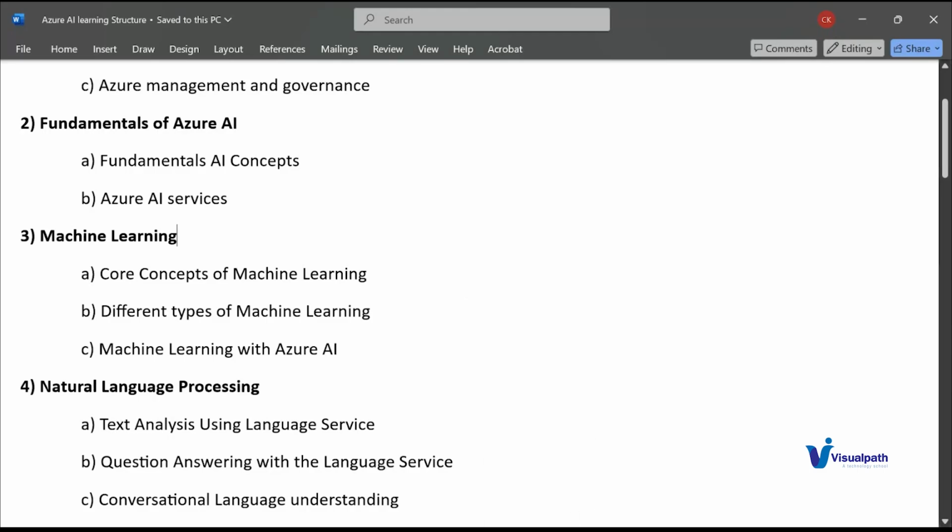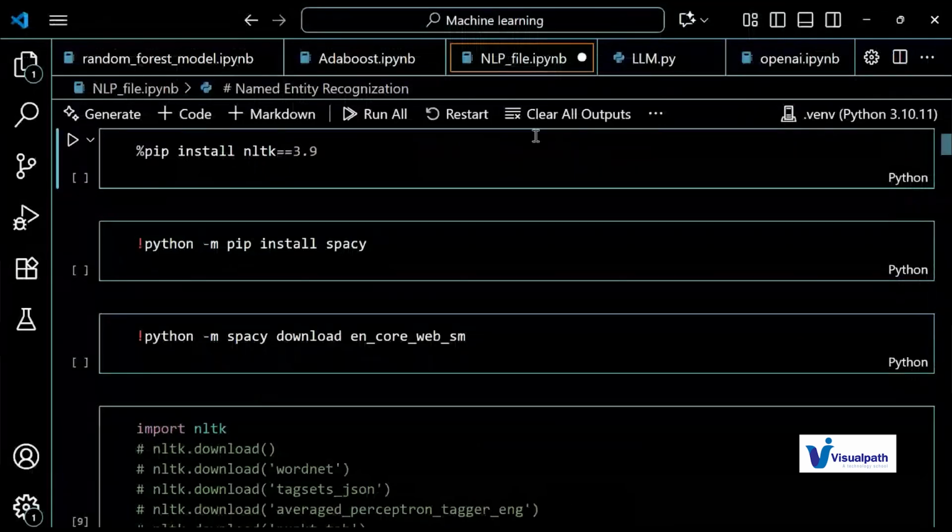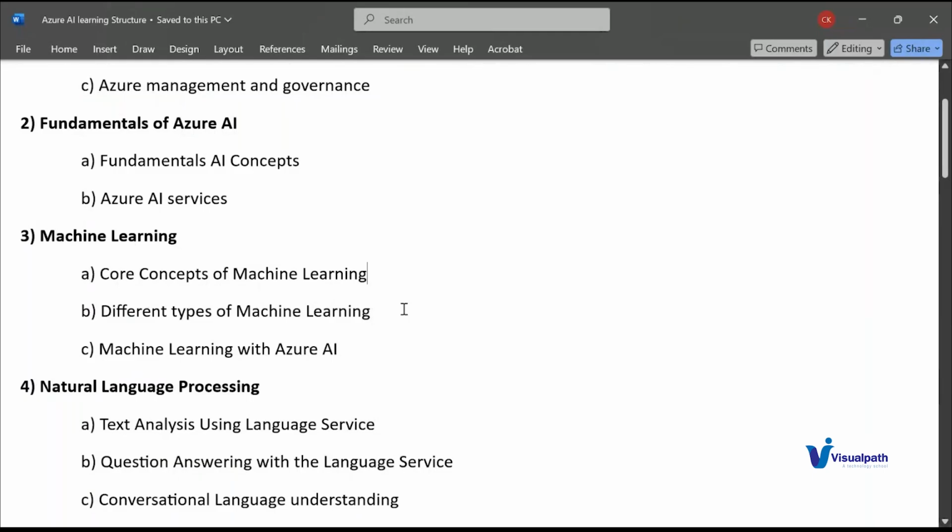From the local systems, we basically use VS Code. Using VS Code, we'll learn how to train any machine learning model, how to test it, and how to check the accuracy. Everything we'll get to know end to end. After that, we'll jump to Azure, see what Azure is providing in terms of machine learning, start using the services, and show you how we can build the application through Azure as well.